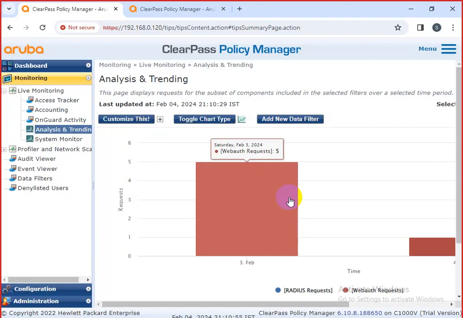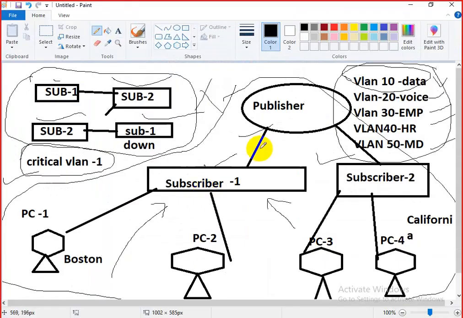If TLS is certificate based, and if PEAP is username and password. EAP-TLS is only for certificate based authentication. I will just show you what the impact of the certificate is and what the difference is. See,